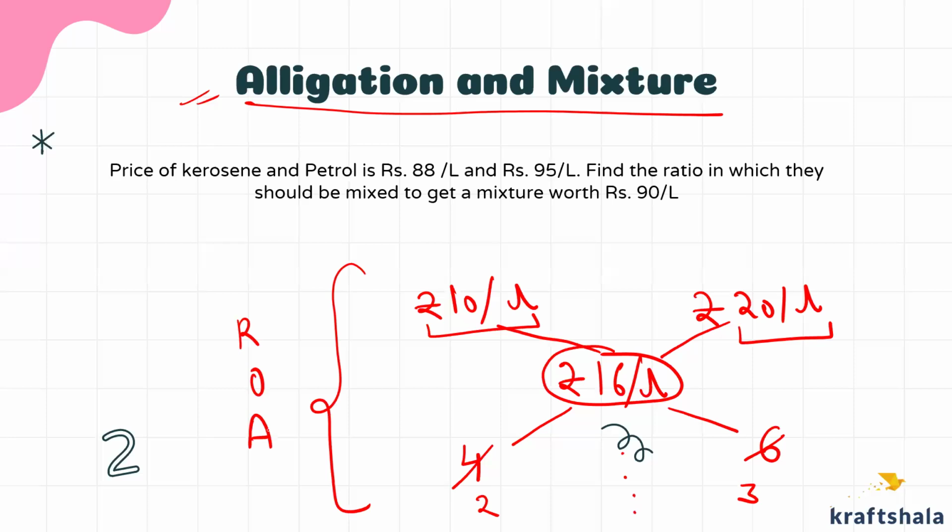ठीक है, एक बार repeat कर रहा हूँ. So 10 rupees per liter first, 20 rupees per liter second, 16 rupees per liter mixture. You want to know what is the ratio of the two varieties? 20 minus 16 right here, which is 4, 16 minus 10, 6. Then you will convert that into lowest form. That is 2 is to 3. Matlab 2 parts this one and 3 parts this one is taken to get the final mixture. Right? This is mixture and this mathematical operation is alligation.